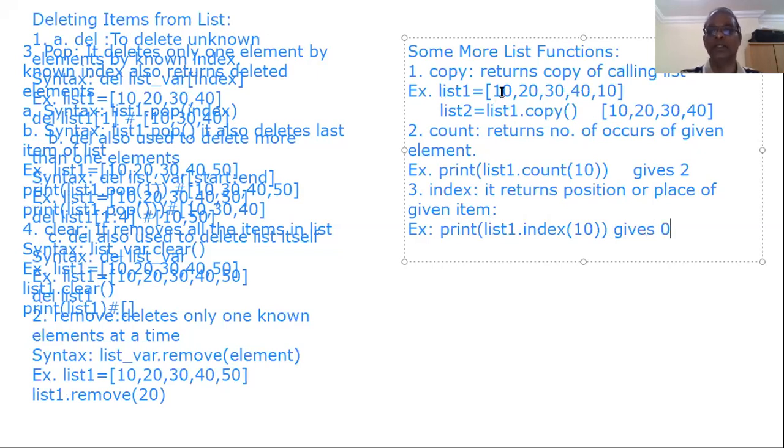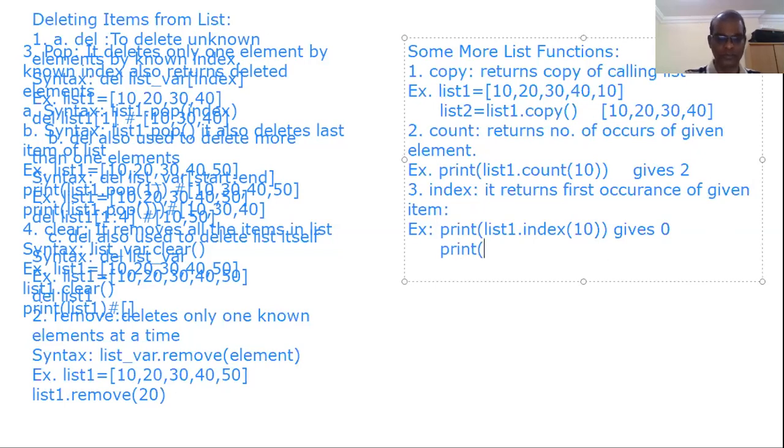That means it returns the first occurrence. Whereas list 1 dot index of 30: 30 is available only 1 time. 0, 1, 2. It gives 2. That is the usage of index.